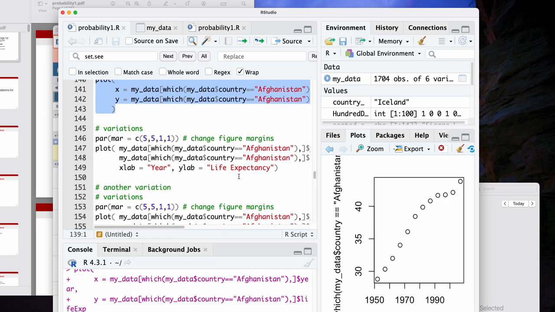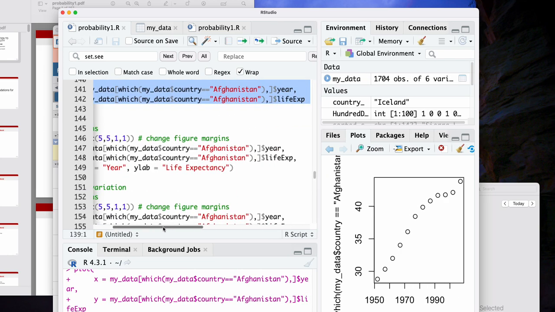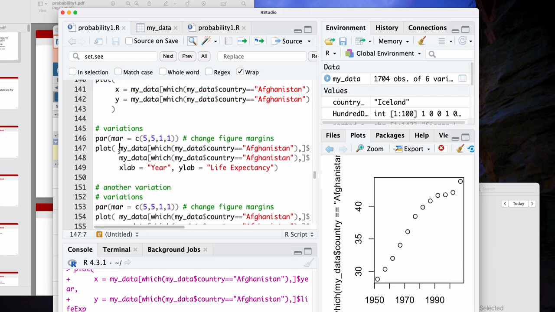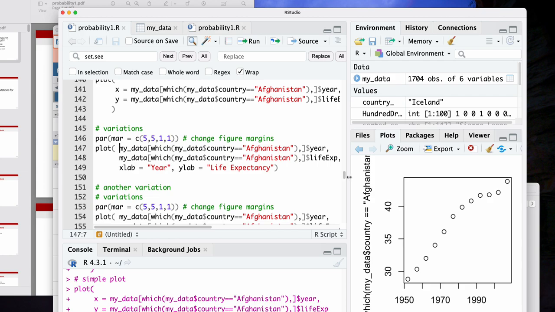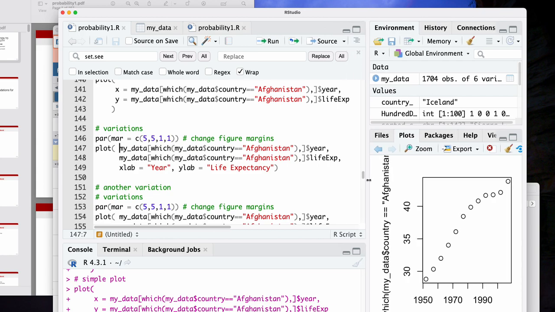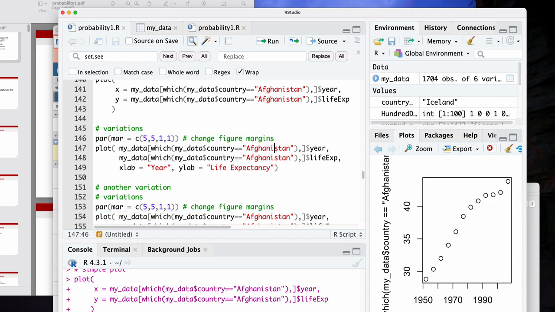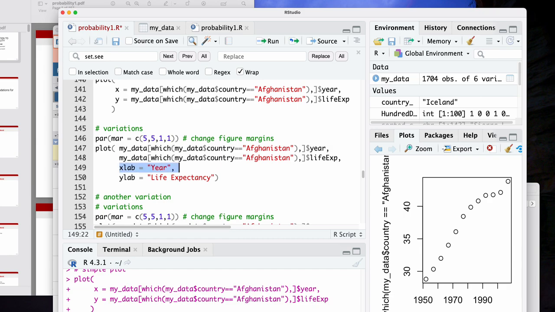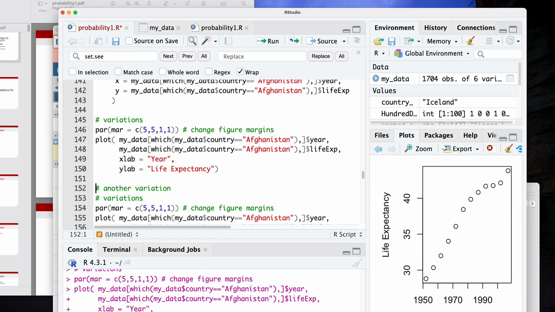All right, so now there are all sorts of variations to this. Some people like ggplot or other things for plotting. I personally don't really have a preference for what you use. There are some principles of visualization that we'll talk a little bit about in the class. But there are ways to change the margins of the figure. And then what we've done here is we've added an X label and a Y label. And we've also changed the margins.